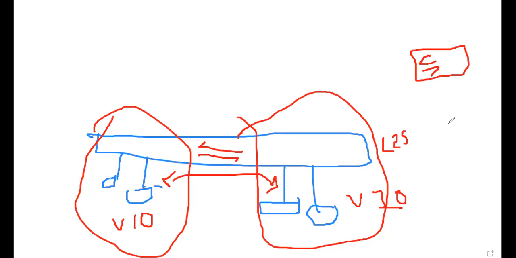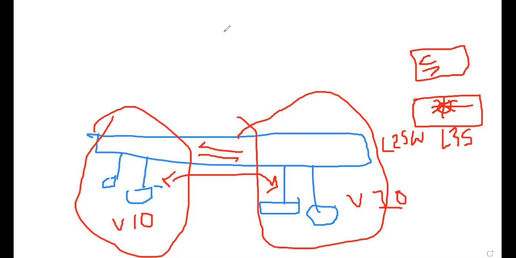Layer 2 switch, L2SW. If I have a switch, which I put the symbol like this, then we call it a layer 3 switch, or the switch can have a capability to perform switching as well as routing. If I don't have a layer 3 switch and I implemented my network with a layer 2,